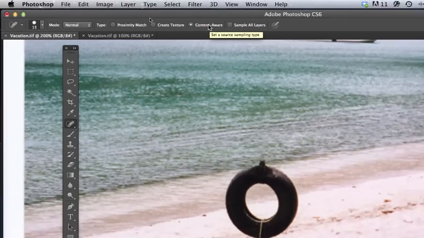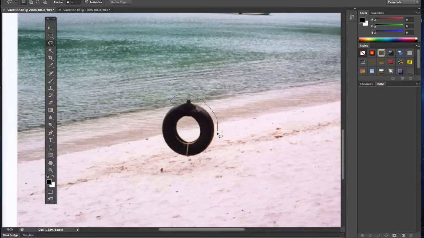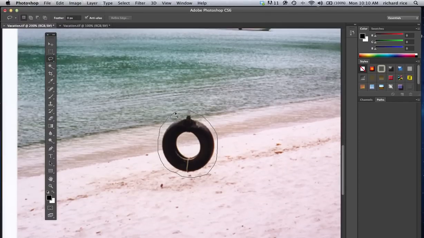And the next thing I want to show you that's pretty amazing, gets a lot of wow factor in my classes, is now I'm going to take one of the lasso tool selection tools, and watch what we're going to do. I'm simply going to drag this tool roughly, as you can see. I'm not trying real hard to select the tire image. I let go, and of course there you see the marching ants, and I'm simply going to hit my delete key,